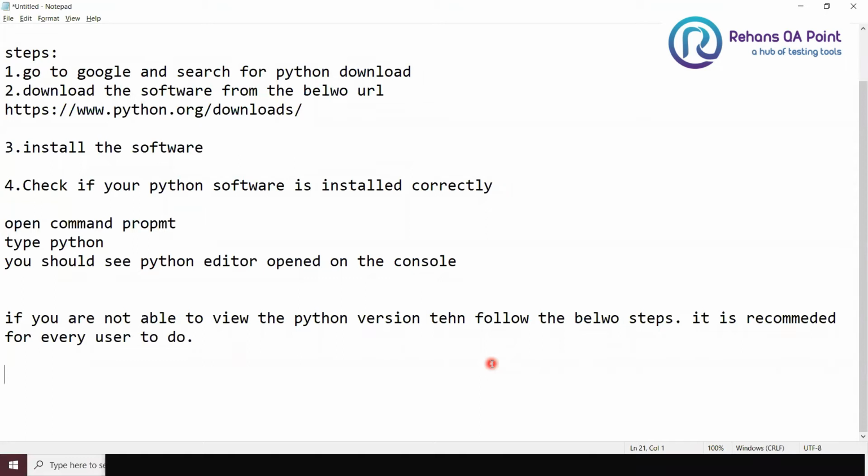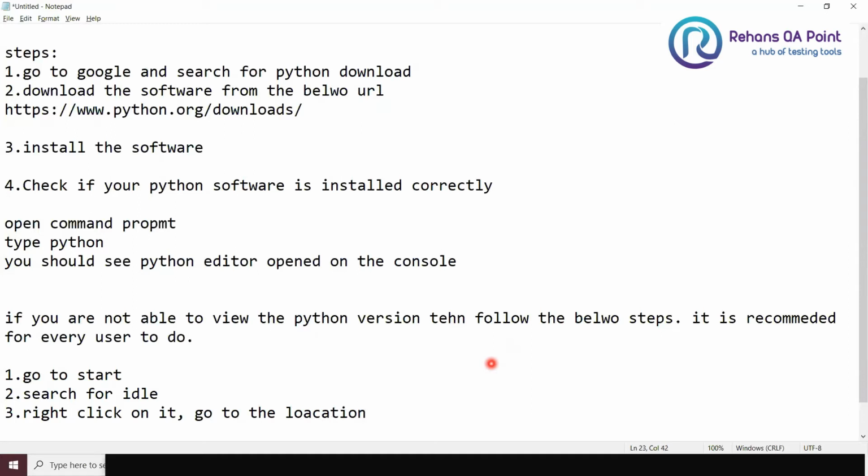The steps are: go to start, and search for IDLE. Third, right click on it and go to the file location folder.